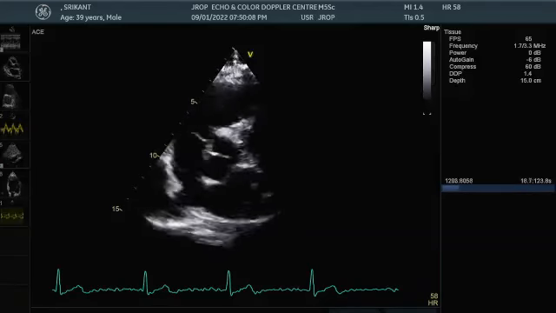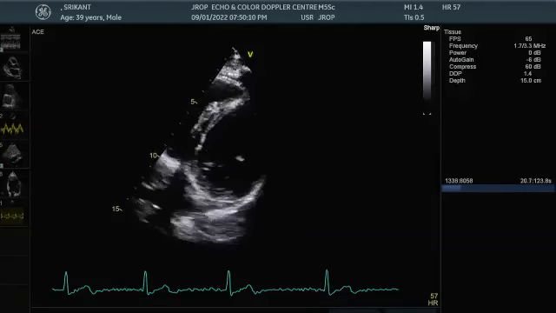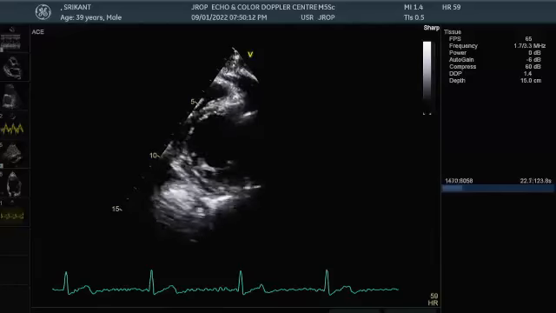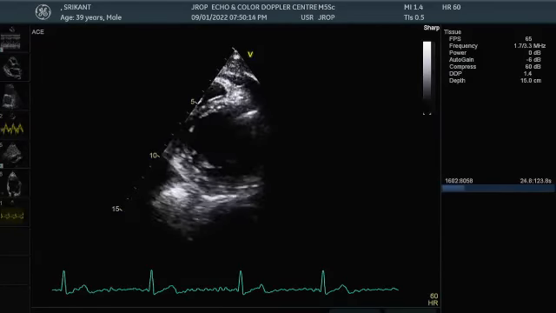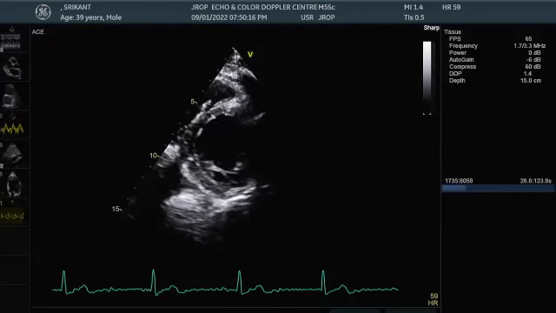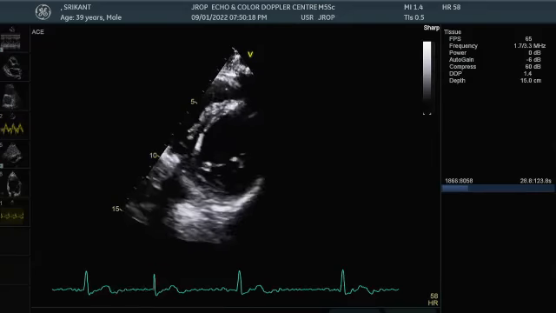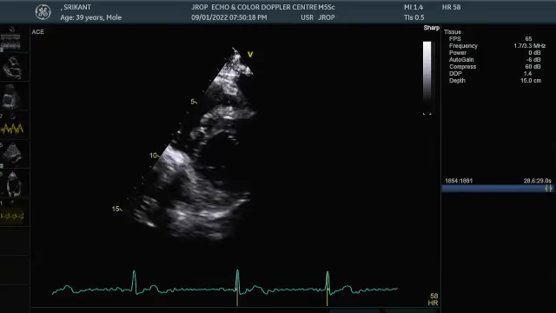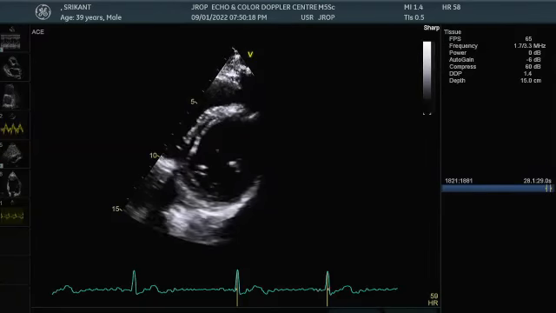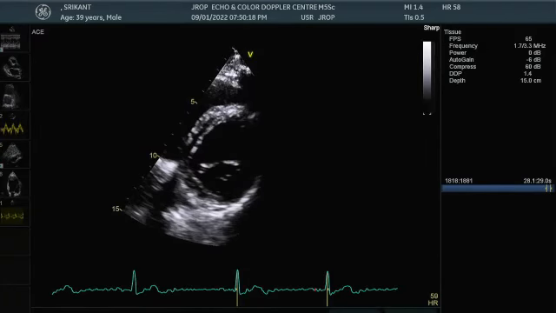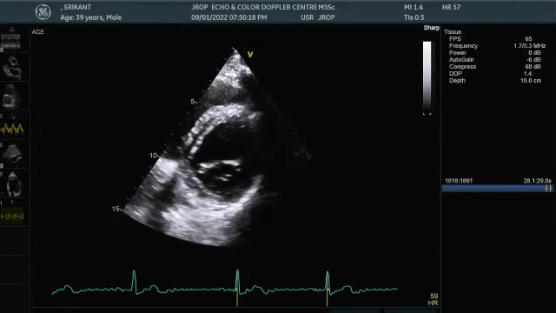From aorta, I'll come down to mitral valve, correct? Then I'll go towards papillary muscles. Then come back. Now you see the mitral valve. I said parasternal short axis view at aorta, go to mitral valve, go to papillary muscle, and then come back to